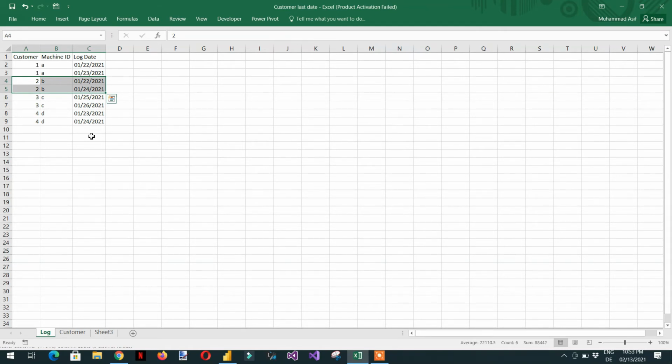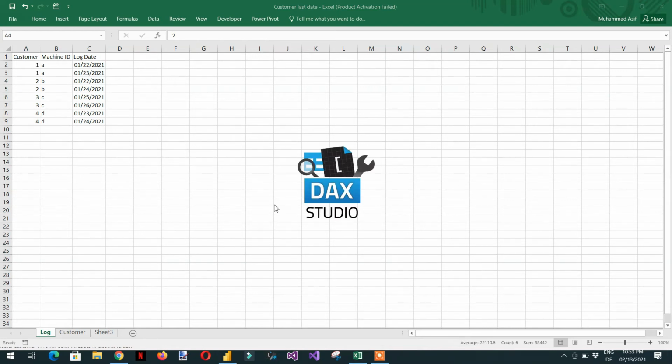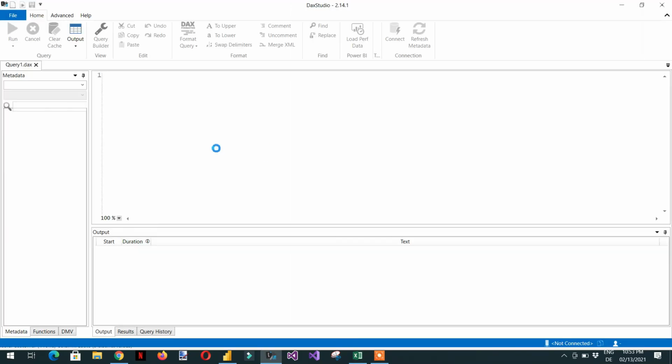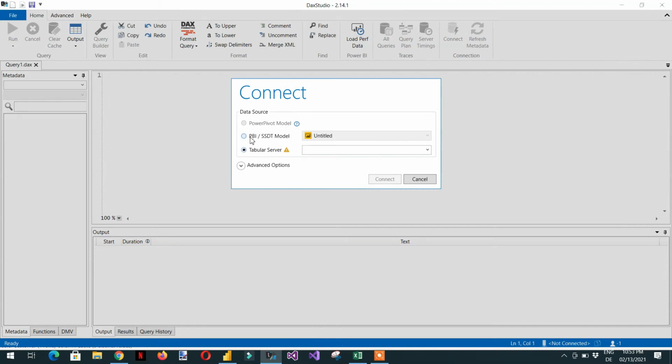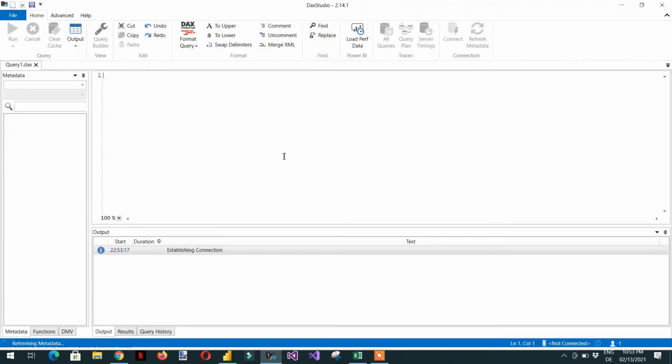And then we can utilize that new table. So let's try to create this table with the help of DAX Studio, and then we will copy the same code into Power BI.